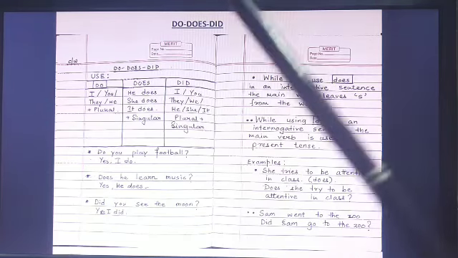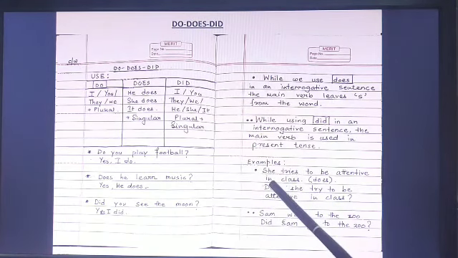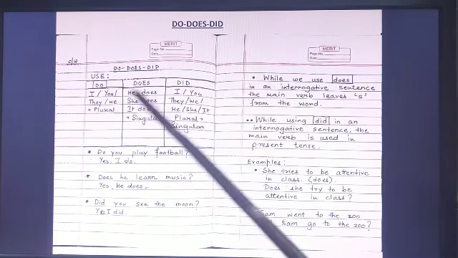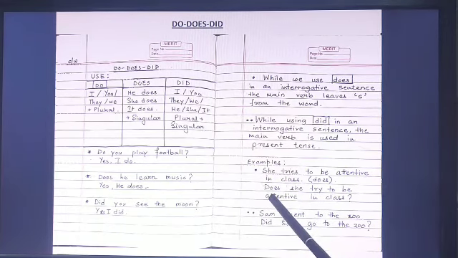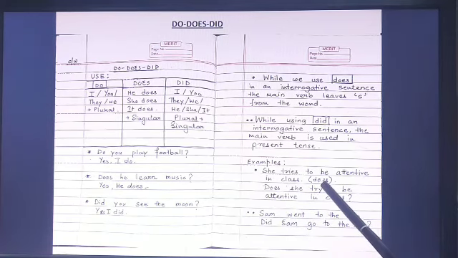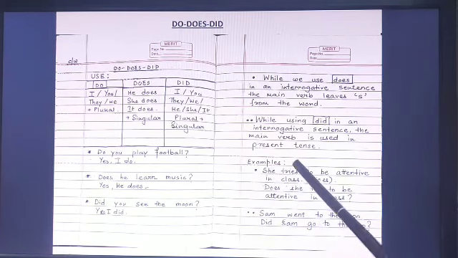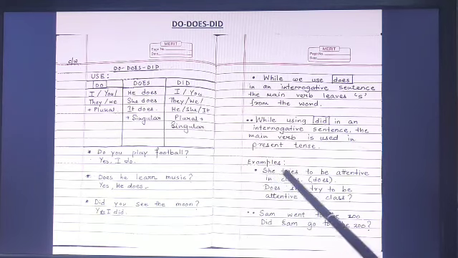Okay? It only happens with does, not with do. Got it? Only with does, because this S is added here, and so tries leaves the S. So it will be, she tries to be attentive in class with does. If you do, does she try to be attentive in class?